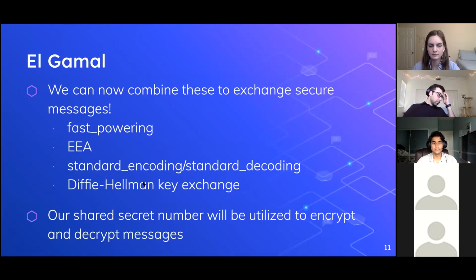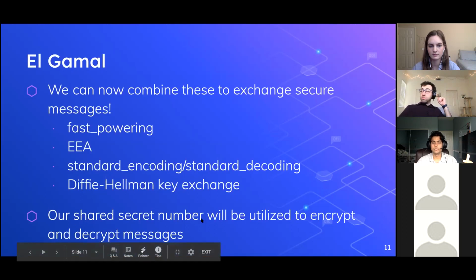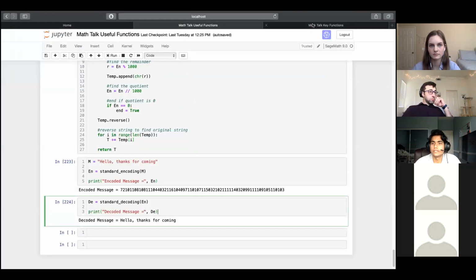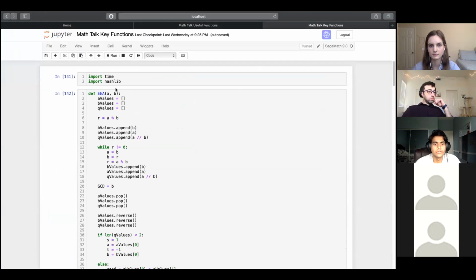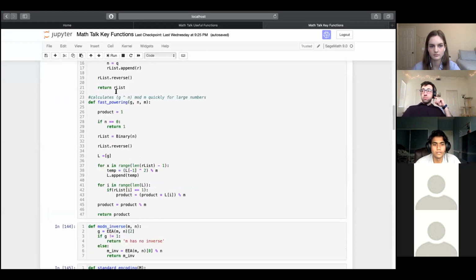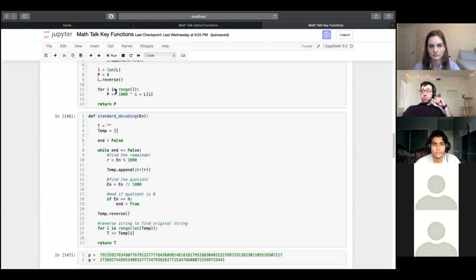And then the Diffie-Hellman key exchange gives us the use of the secret number, which we will be using to encrypt and then decrypt messages. So let's go on. So you can see all of our functions are now being used